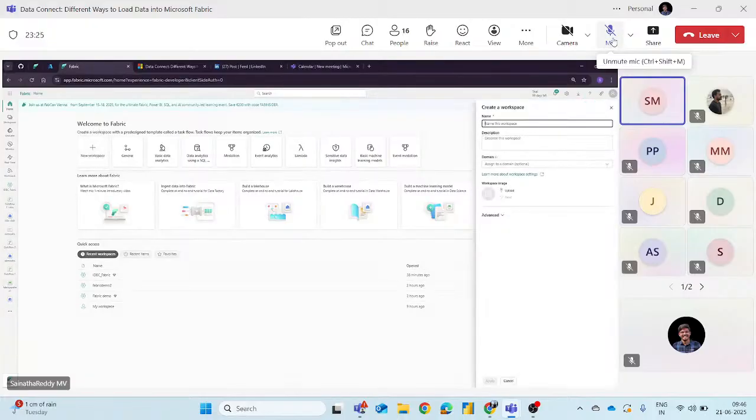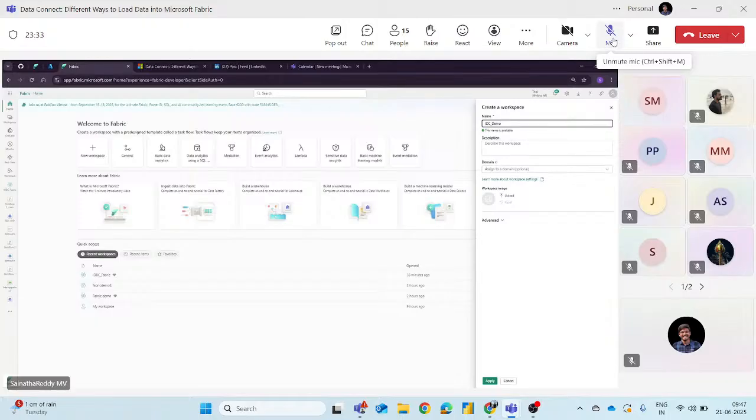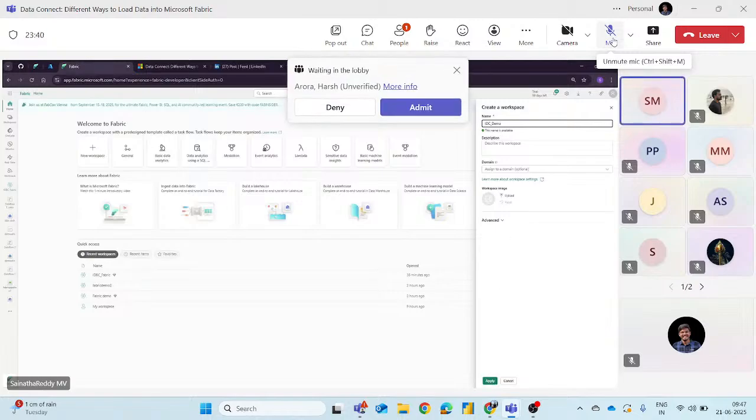The new workspace, IDC demo. Okay, I think IDBC.